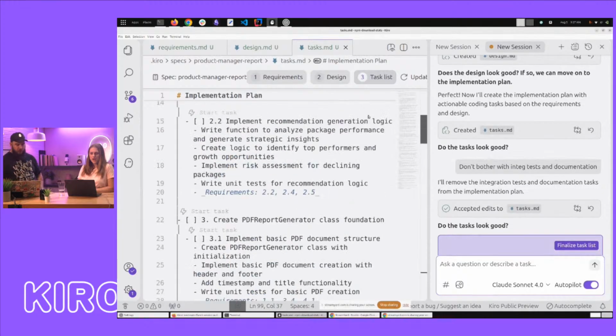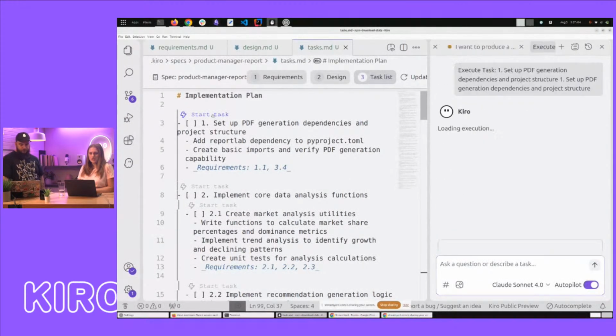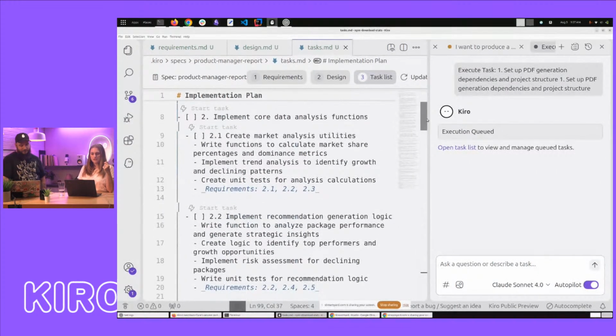Okay, let's try one. So as you were saying, I can either just do an individual task. I could do the whole thing. I just want to show what this looks like. I just love this UI so much. I think it's so neat that you can come in and it looks like regular Markdown, right? As an engineer, this feels very familiar. But it's kind of highlighted with all of these individual start tasks. So for some of these more complex tasks, you'll see implementing these data analysis functions. You'll see these subtasks. Yep. You can start the whole thing and it'll go through it, or you can do individual ones and steer it individually. It's kind of up to you.